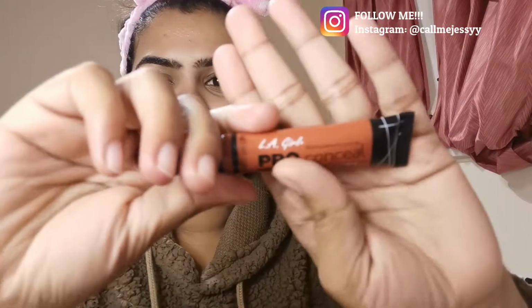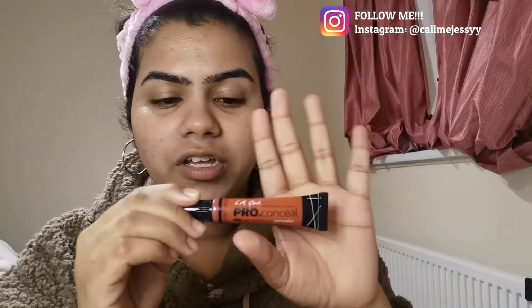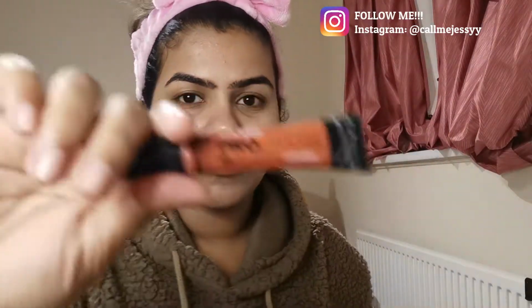So once my face is a bit soft, that feels so good. So yeah, now we're gonna go on to our makeup. Once my skin is nicely moisturized, I'm gonna try the Pro Concealer. This is the first time I'm gonna try it, the one which I showed you